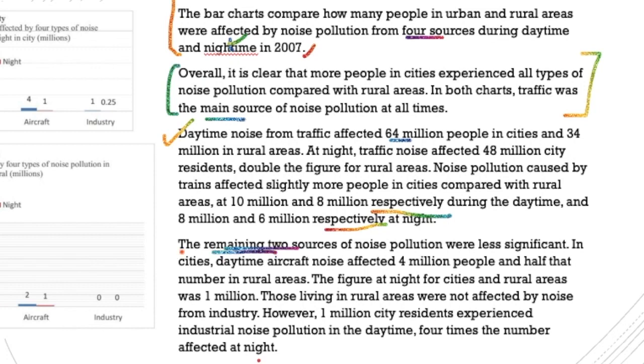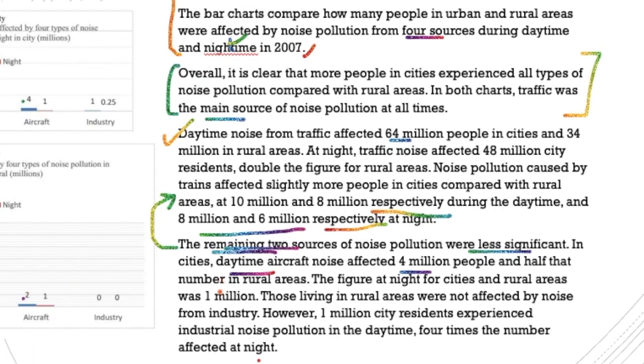So remaining 2 means you're again referring to the previous paragraph, and that is why your coherence is going high. Noise pollution were less significant. In cities, daytime aircraft noise affected 4 million people and half of that. So half of 4 is 2. So again, this is reduced. Half of that in rural areas. The figure at night for cities and rural areas was 1 million, or it stood at 1 million for both